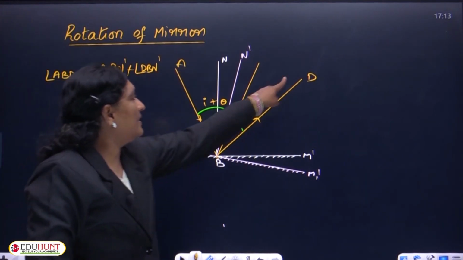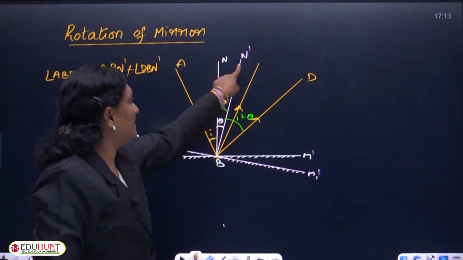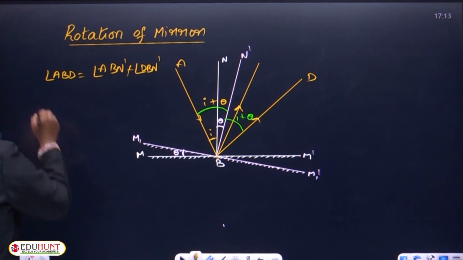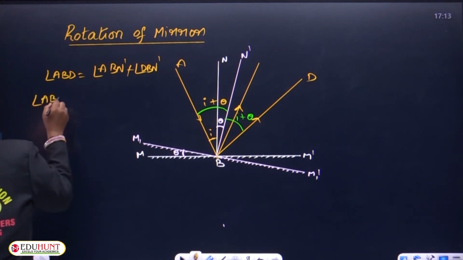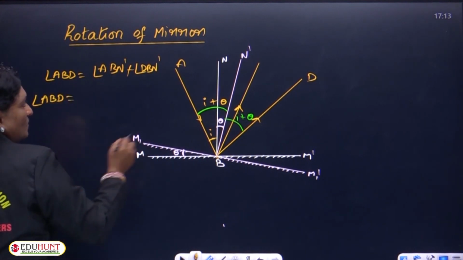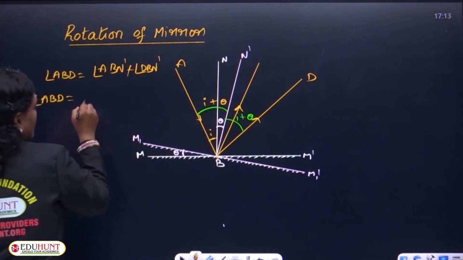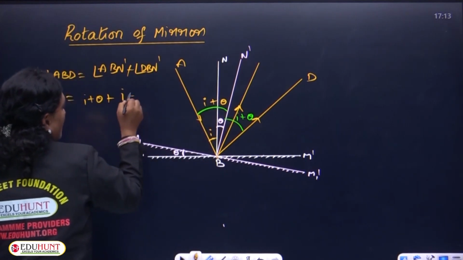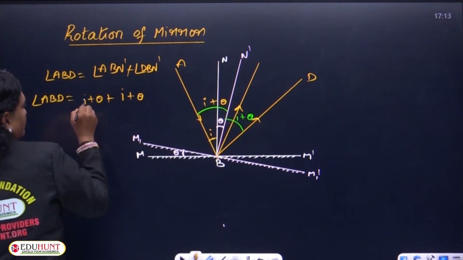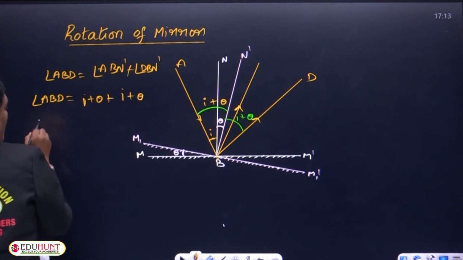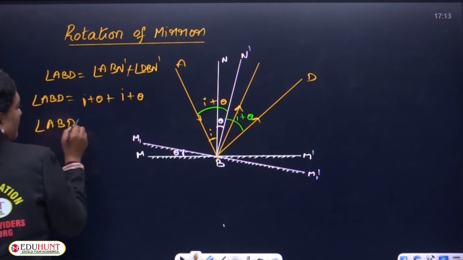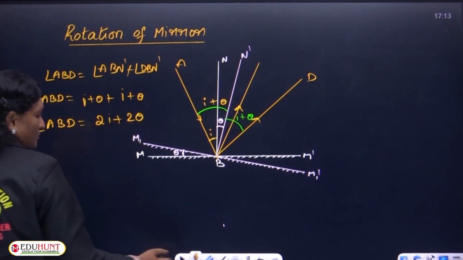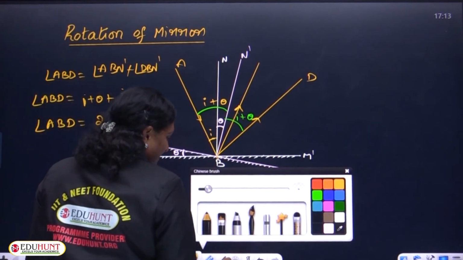Angle ABD can be written as ABN' plus DBN'. That means angle ABD, with ABN' equal to i plus theta and DBN' also equal to i plus theta. Or angle ABD can be written as i plus i is 2i, theta plus theta is 2 theta. So, based on this,